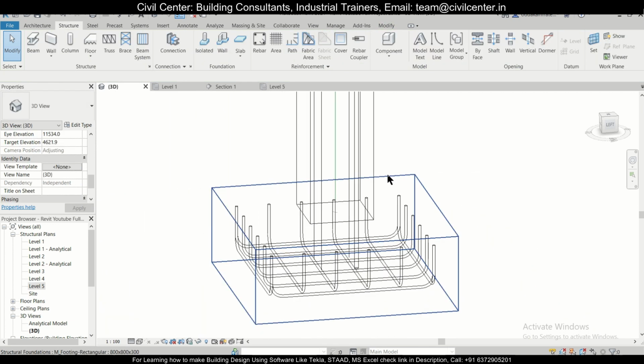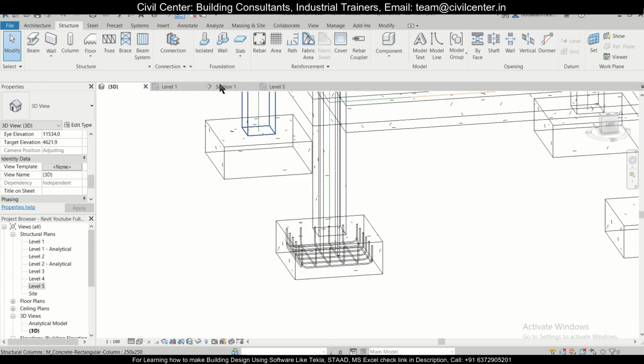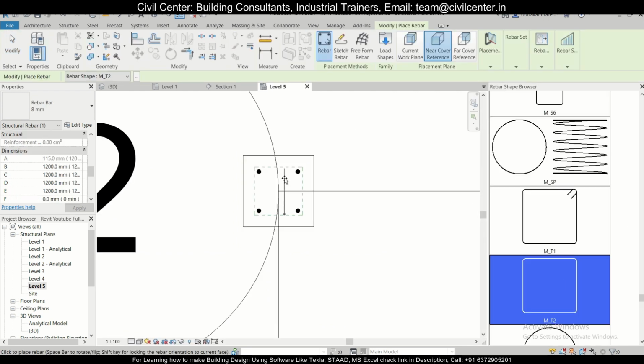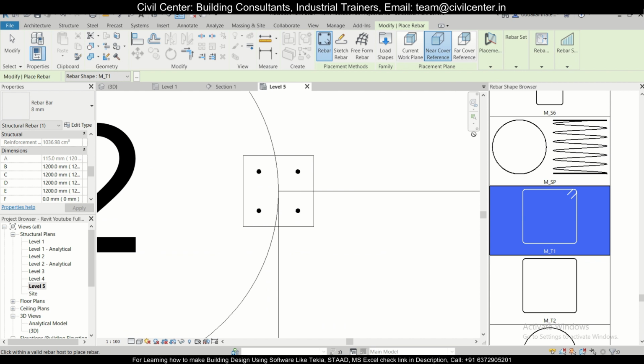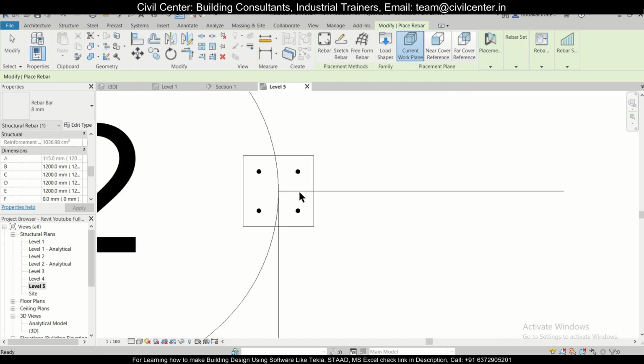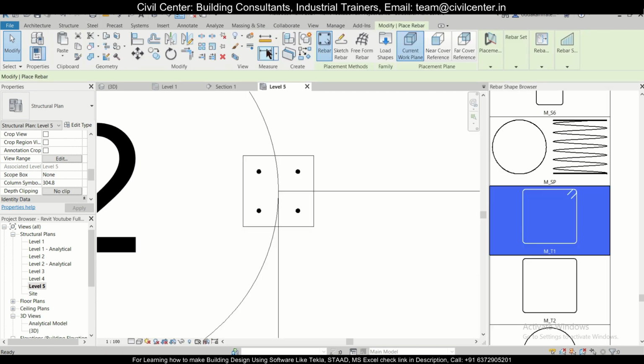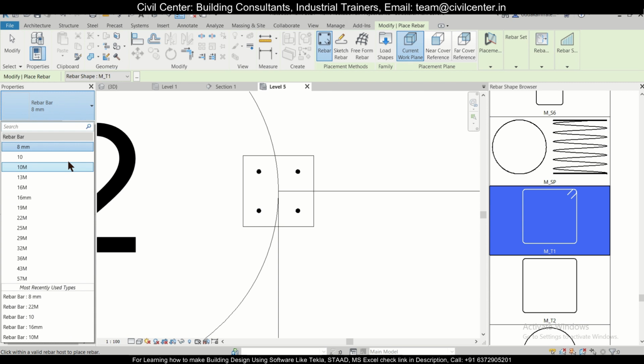Just delete this, and then we'll go to section once again, or the top level once again. Then from here we'll let you know how this will be done. So let's go to this particular option of structure rebar, and then select any rebar from here. Let's go to the 10 mm one,